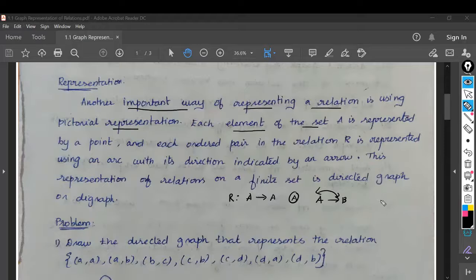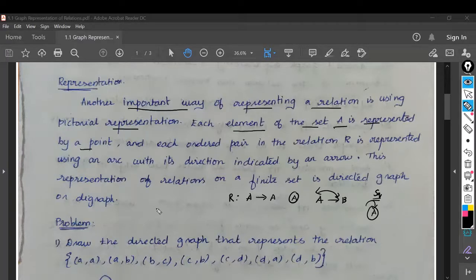So for discussing the properties of a relation in a matrix, the matrix should be a square matrix, so that is very much important. And to discuss the properties of a relation, or to even represent the relation by means of a graph, it should be defined on one particular set onto itself. Okay, it cannot have two different sets. So that is very much important. Okay, the set is represented by a point.